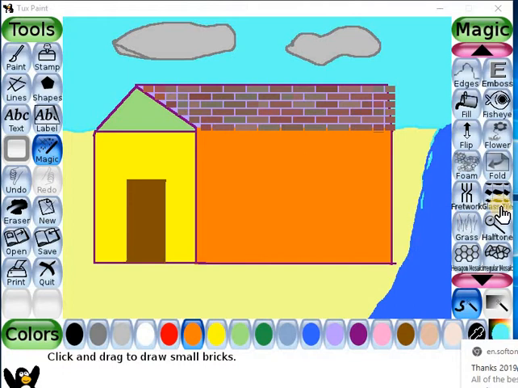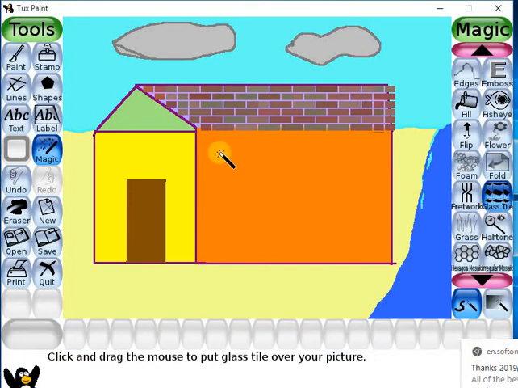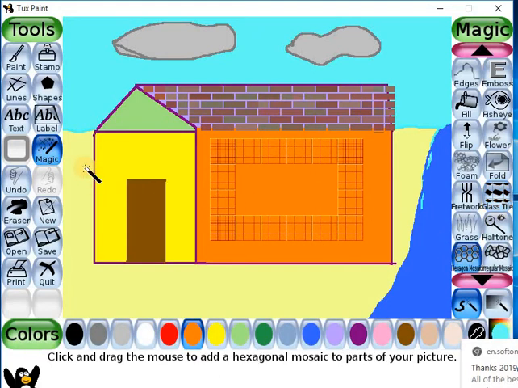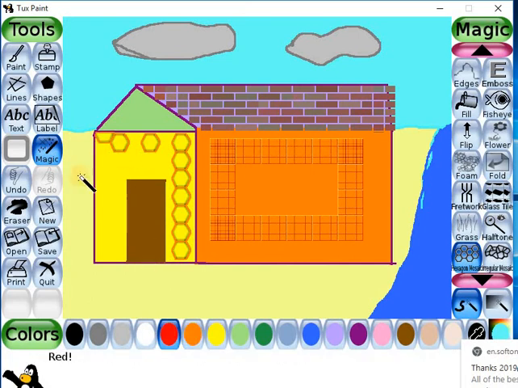Now we will select glass tile and make a design like this. And use this hexagon. We can change the color from here.